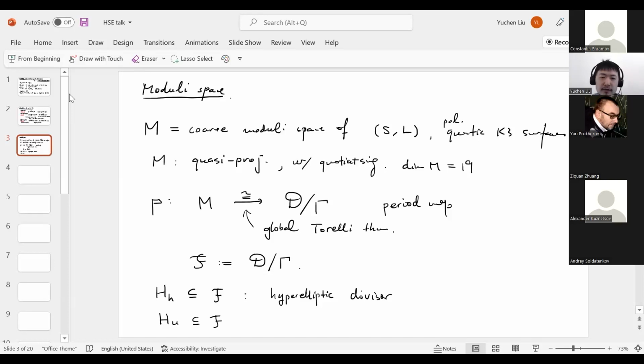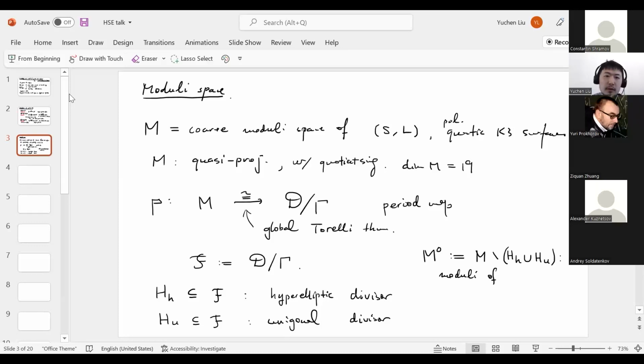And then we also have the unigonal K3s. Then there will be an open set, which we call M circ. This is M minus the union of these two divisors. And then you can see that this is like the moduli of